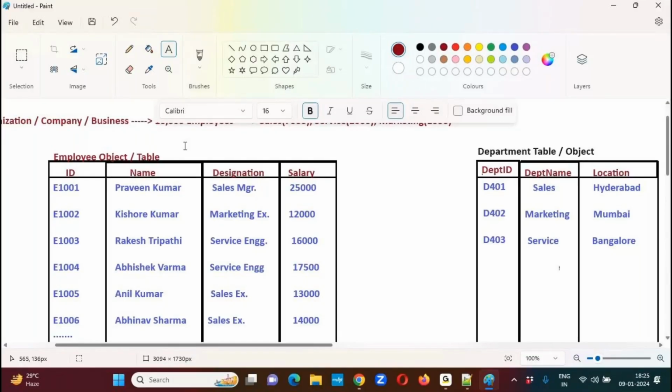Employee is a parent, department is a child. Department is child. Before analyzing this one, let me give you one small point for easy identification: mapping the relation between the two objects. Mapping the relationship between two objects in any database, including Salesforce, Oracle, SQL Server, any database we have in the IT industry,